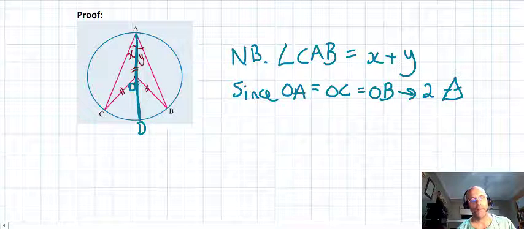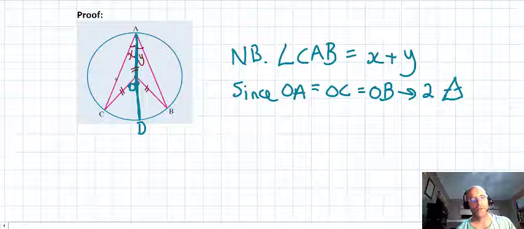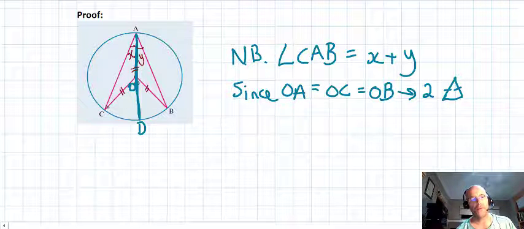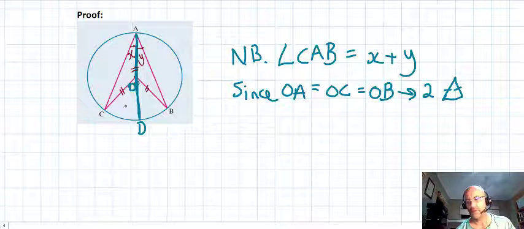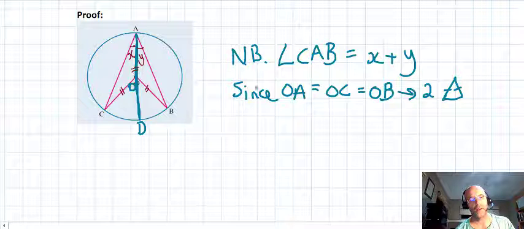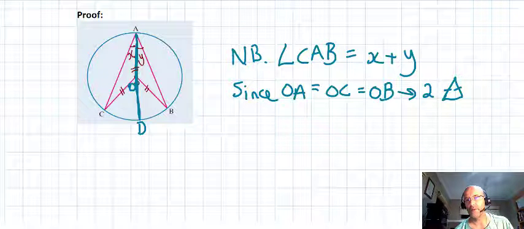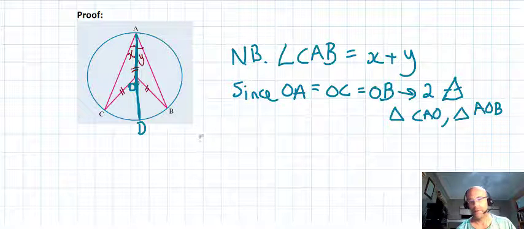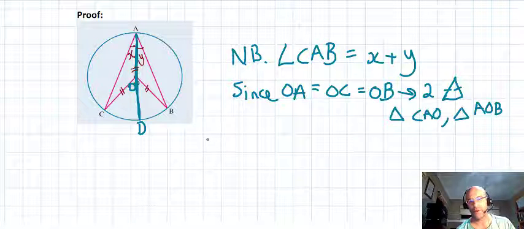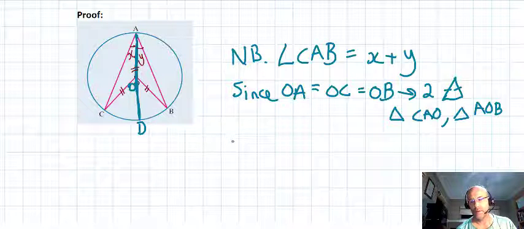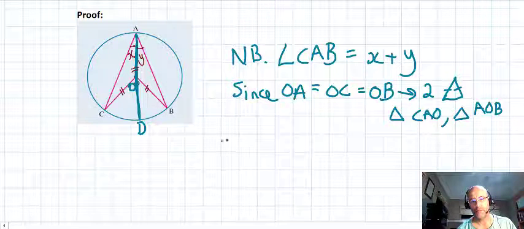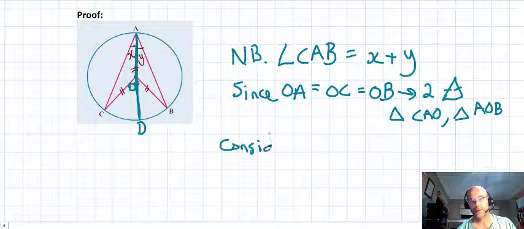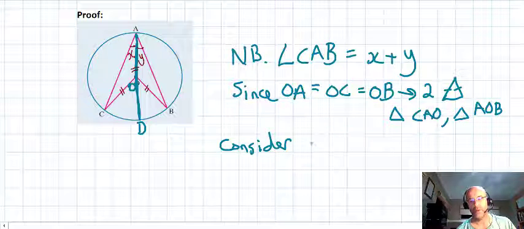You can see them on the left there: CAO, and AOB is the other one. So we're going to consider AOC, or CAO, whatever you want to call it. I will call it the triangle AOC. So consider triangle AOC,